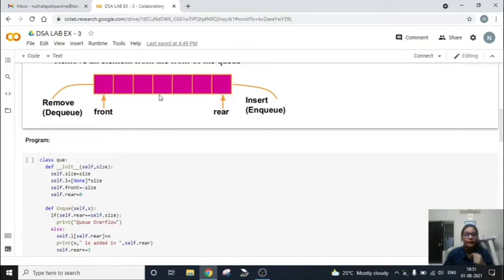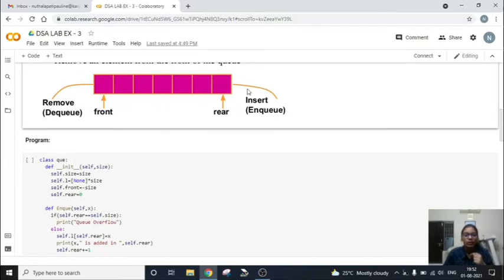Since we have a particular restricted value for the size, we cannot enter n number of values. Here in this condition, we have only seven values. We can insert only 7 values here. We cannot insert 8 values. So if this rear is equal to 7, then it implies that the array or the queue is full.